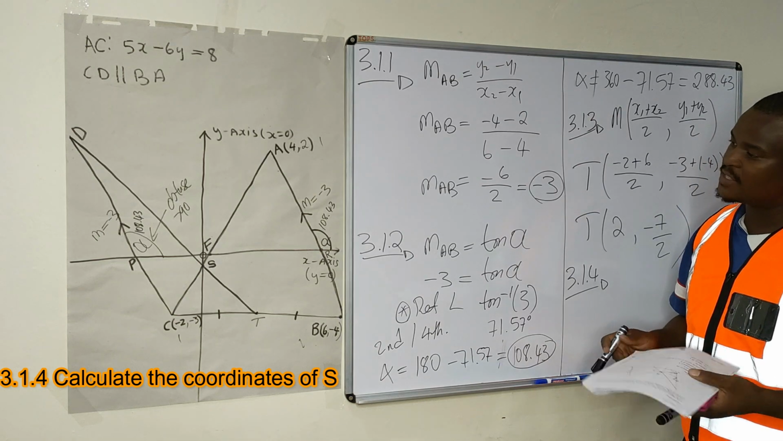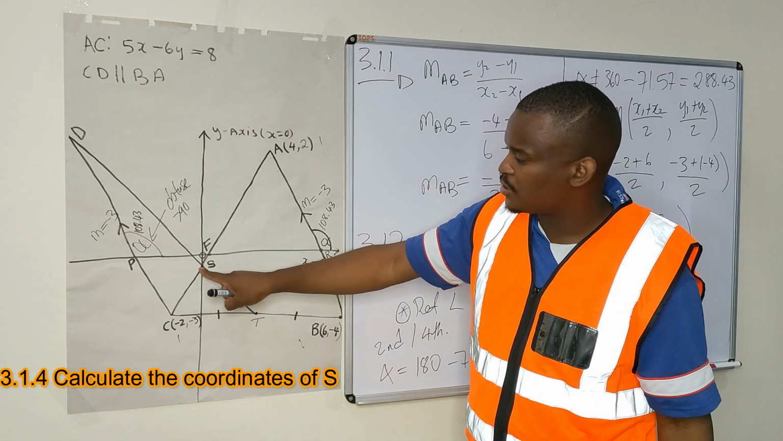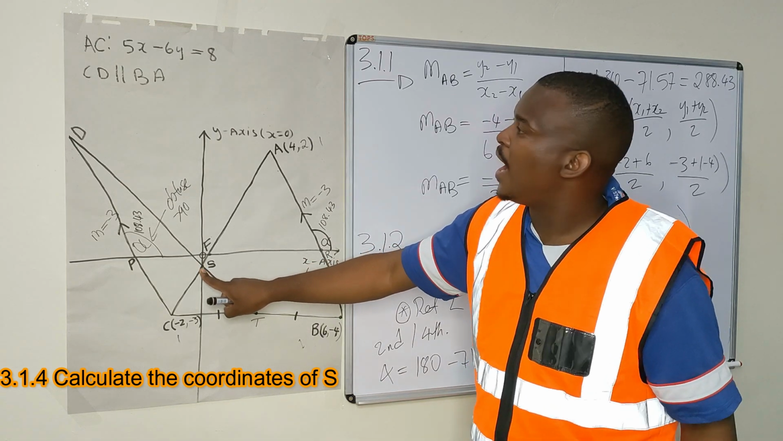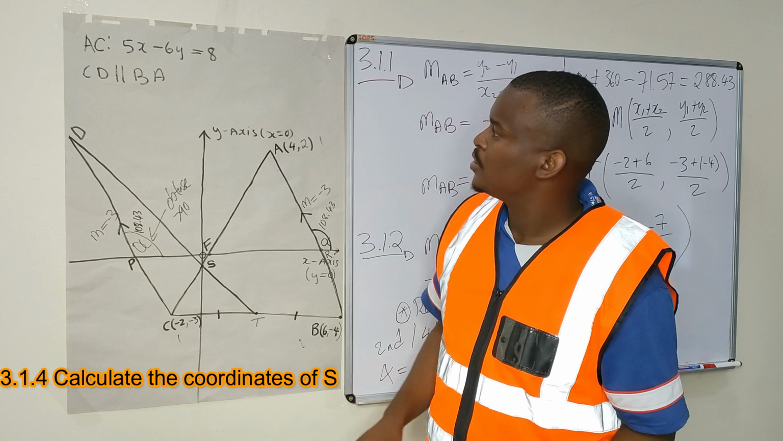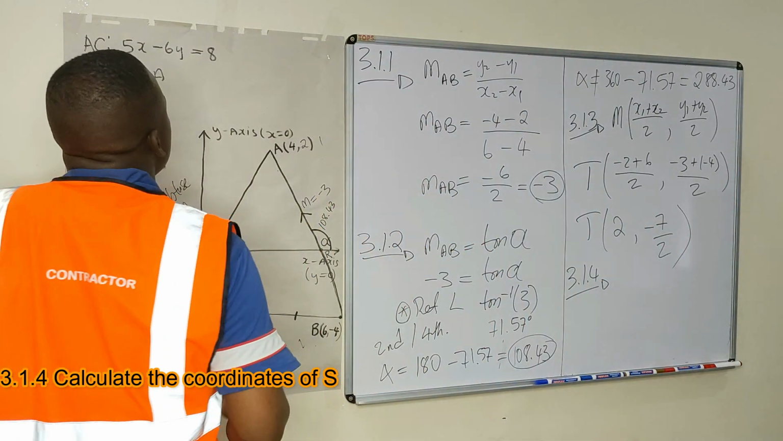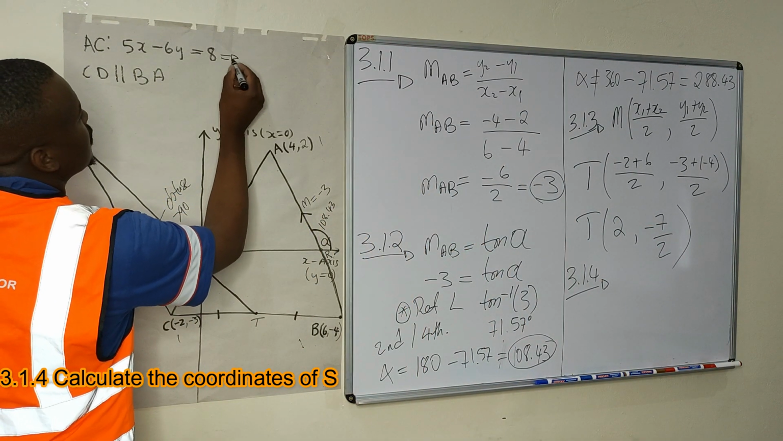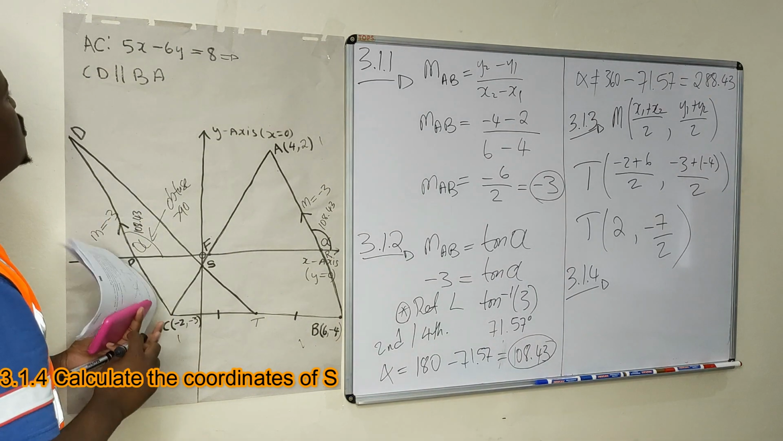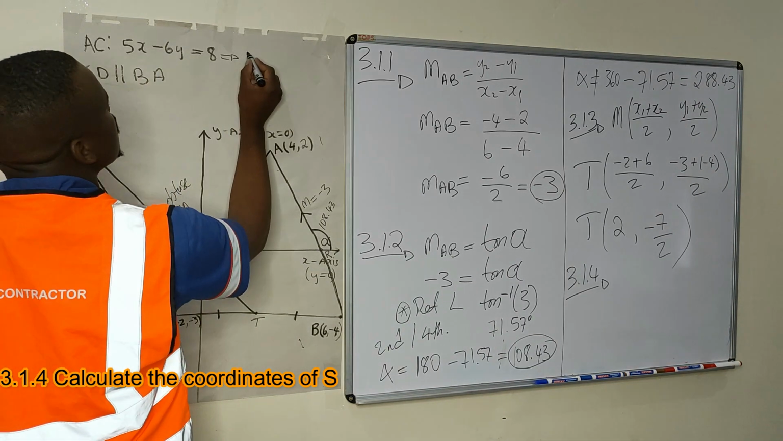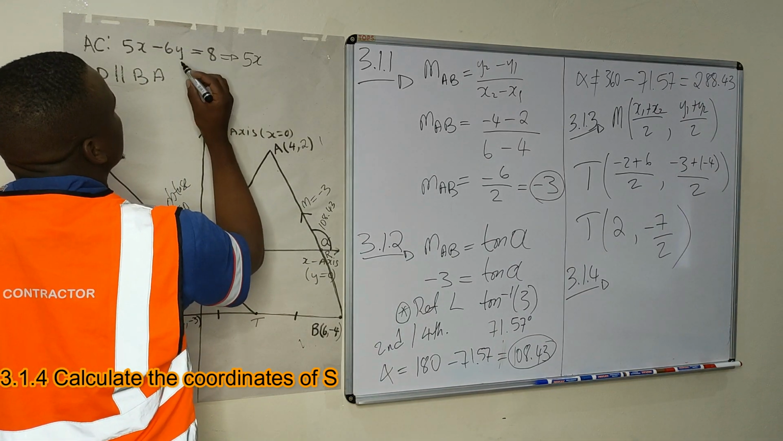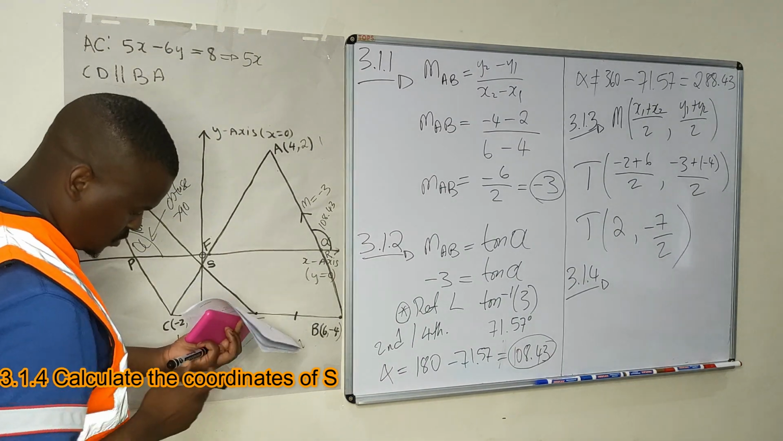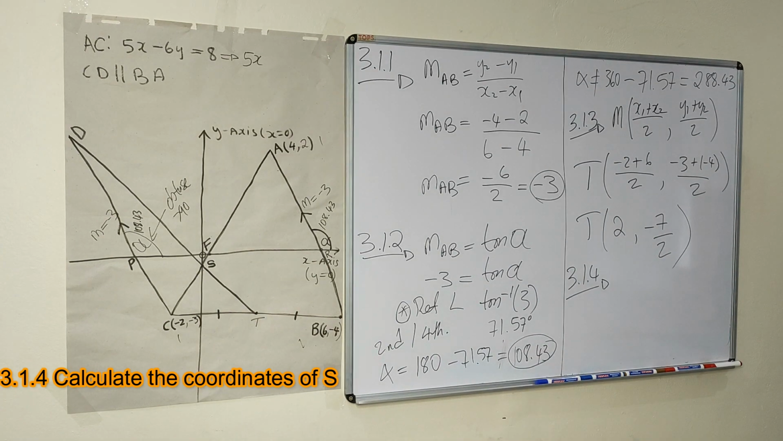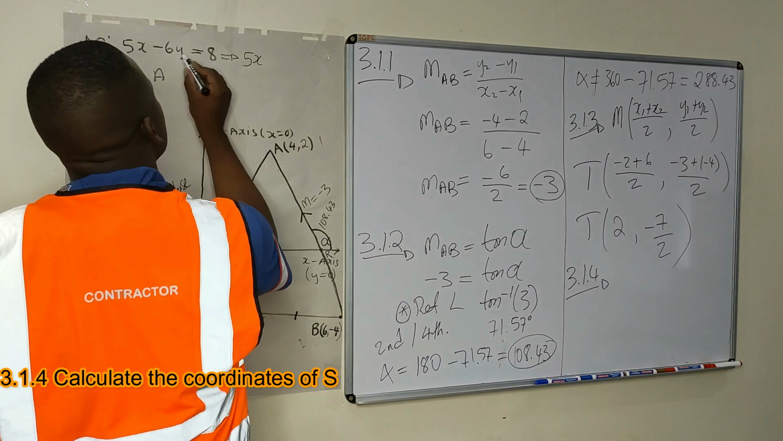Calculate the coordinates of S. They want you to find what the coordinates of S are. The coordinates of S are on the line AC, right? So you can play around with the formula. You can say, okay, it's on this line, right? So you can solve your y here. So 5x